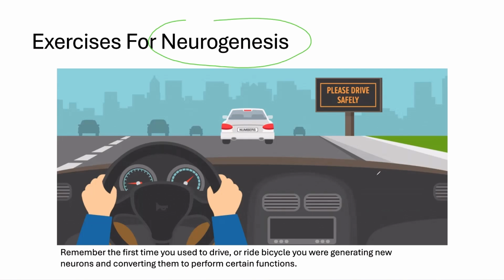Then after you learn to ride the bicycle or drive the vehicle, and you do it for like 1 month or 2 months, you never think; you can do it while doing something else. While eating, you can ride your bicycle, or while listening to music. Why is that? Because your neurons are adjusted to do a certain function. We call it neuroplasticity. Before going for neuroplasticity, we need to have more and more neurons produced, new nerve cells